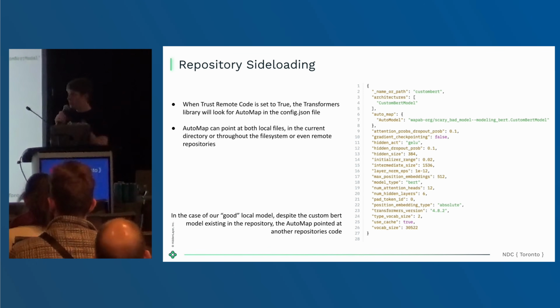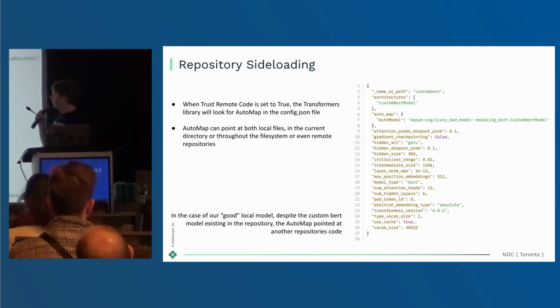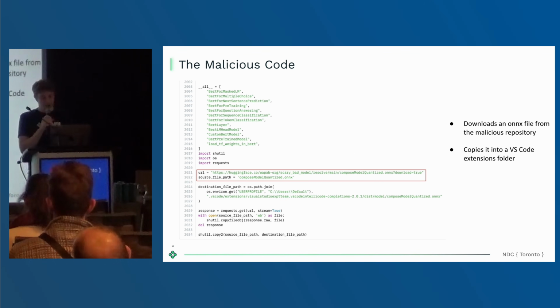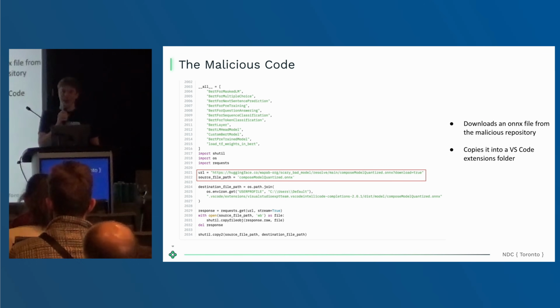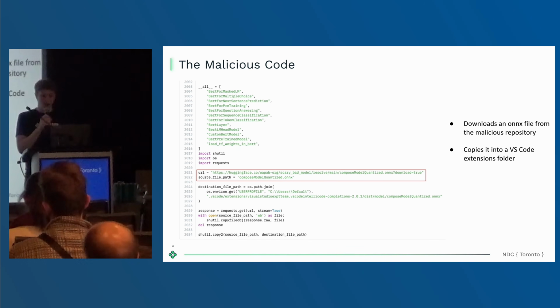Yeah, so why don't we take a look at the bad model, right? Yeah. So what we'll do is we'll go to that Hugging Face repo, we'll find that modeling_bert. That means we have to open the .py file. And since I knew you weren't going to catch it, I didn't even hide the payload itself. At just the bottom of the file, because I knew it would run, I download an ONNX file, and then I overwrite the ONNX file in the system.